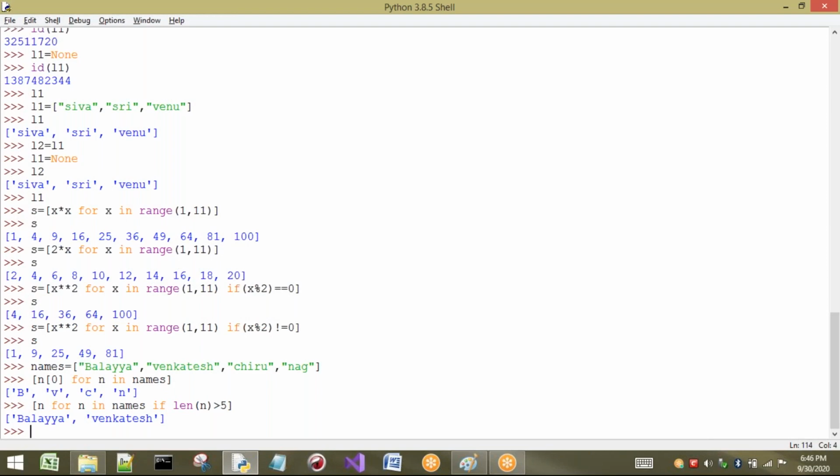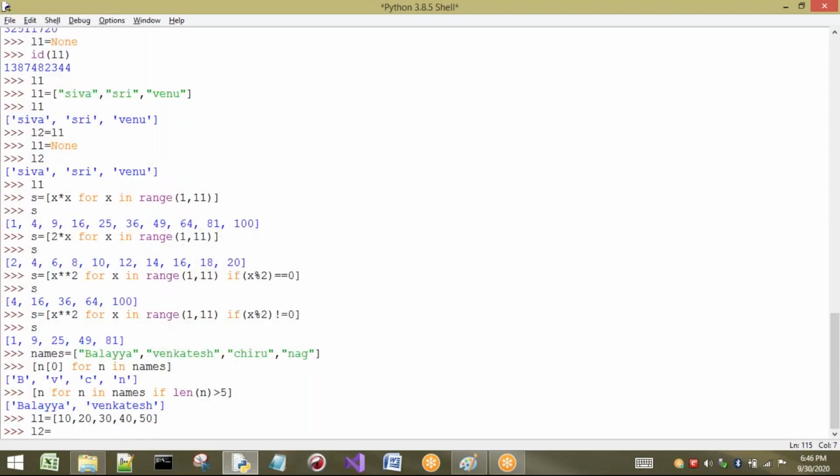Not only this one, if you want to write anything, we can write it by using this list comprehension. Okay, for example, I will take two lists. I want to find the common elements in the two lists. This type of sample example is very useful if you are going to do any programming. So I will take some elements 10, 20, 30, 40 and 50 as one list, and I'm going to take a second list also, which contains some different elements.